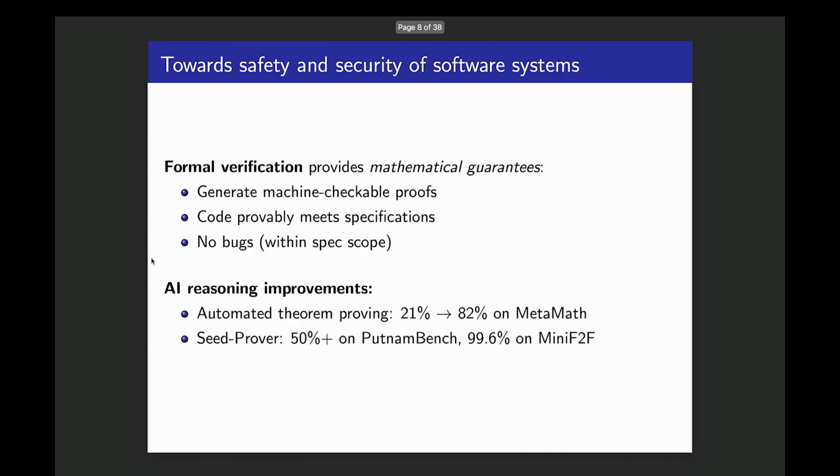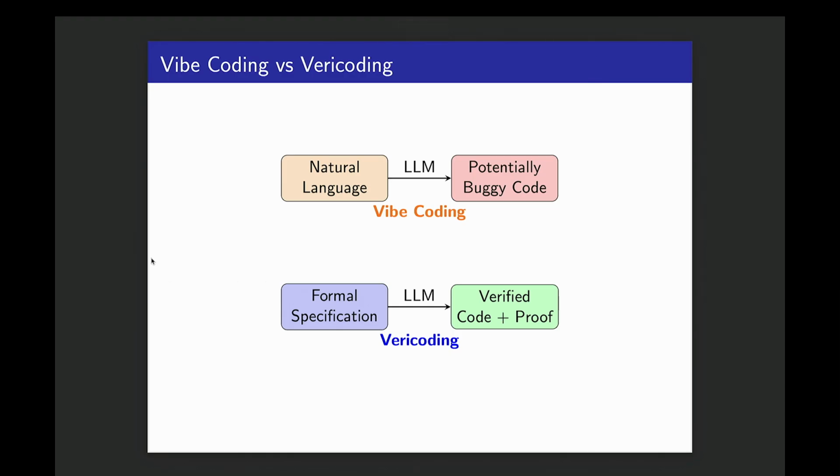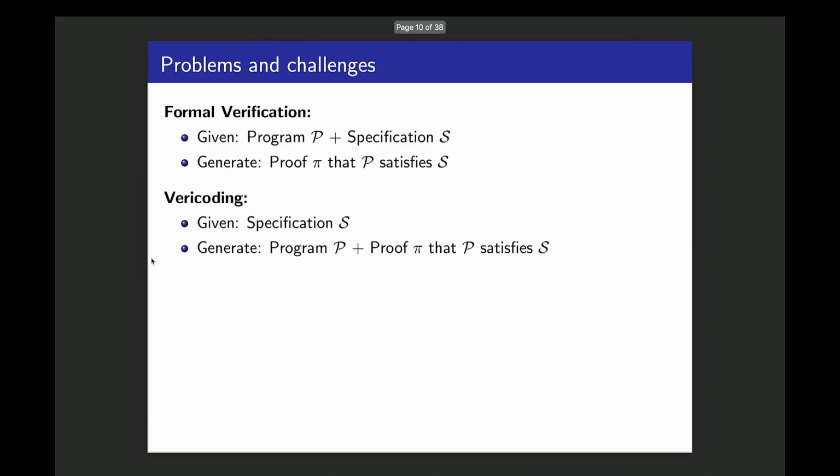Well, we all know formal verification. This is very good. We have no bugs within the spec, so I will not spend time on it. This just repeats the improvements in mathematical theory. The problem is that most of the coding done today is still vibe coding. So we want to make it more usable in practice to actually do verified coding. What do we need?